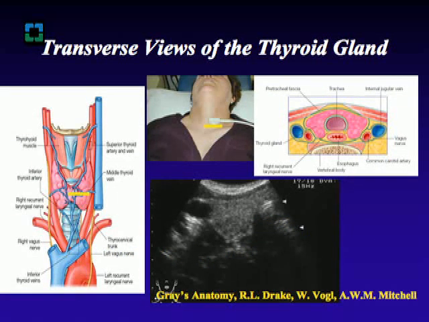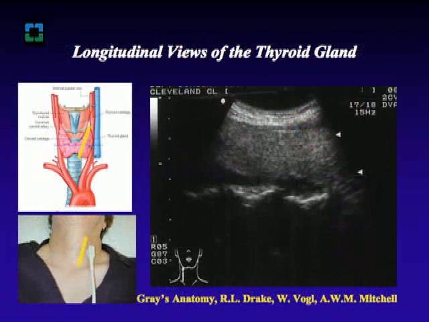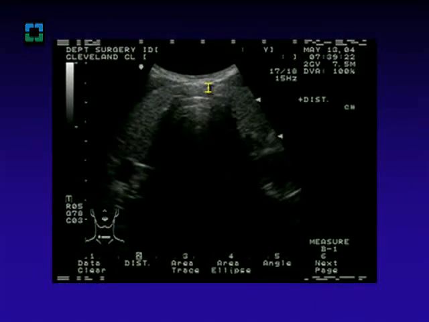As imaged in the transverse view, the anterior and posterior dimension of the thyroid lobe measures 1.5 centimeters by 2.5 centimeters, while the longitudinal length measures approximately 5 centimeters. This video clip demonstrates normal thyroid anatomy in real time. The I represents the isthmus, the T, the trachea,